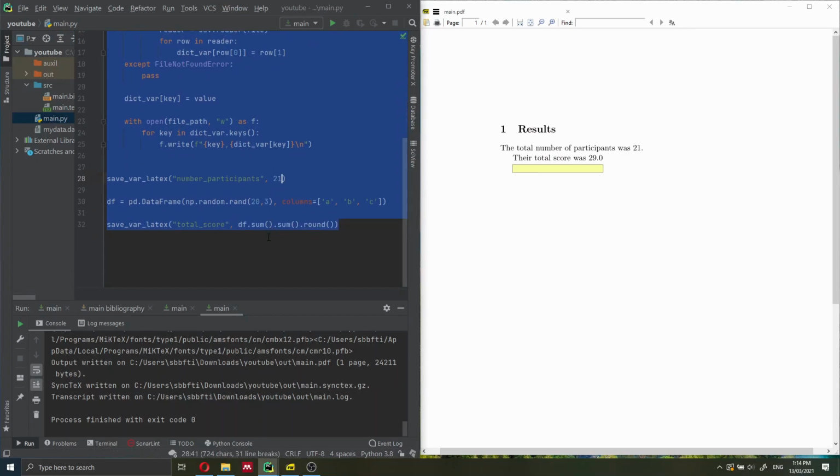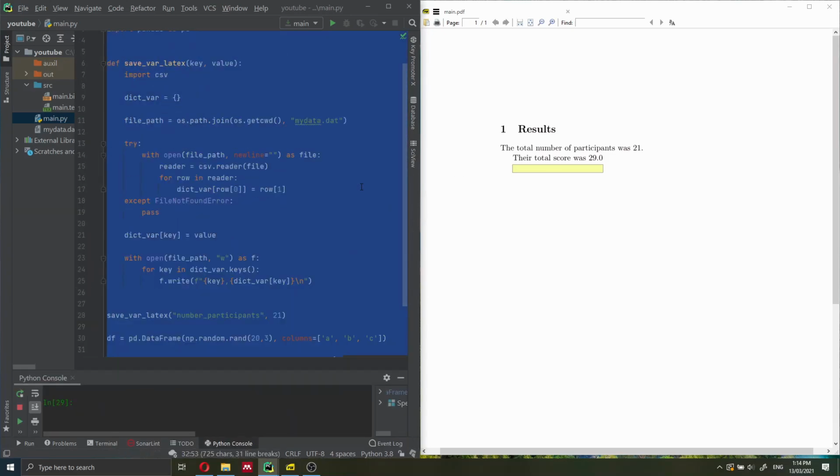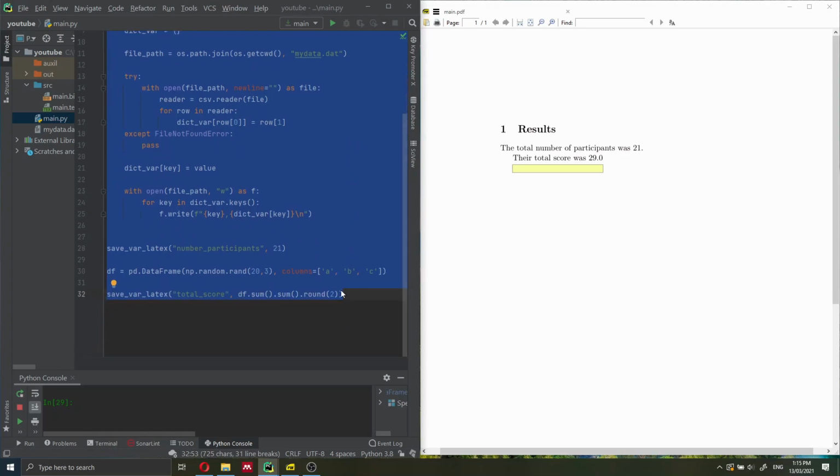Another very useful feature of this functionality that I'm showing here is that simply from Python, you can also change how you round the number. For instance, right now I'm rounding the number to 0 decimal points. But if I put round 2, I can also control how this number will look in LaTeX. So let me run this file again. Of course, the value will change because I'm using a random NumPy function. But if you were actually analyzing the data, your total number would not change, only the rounding.